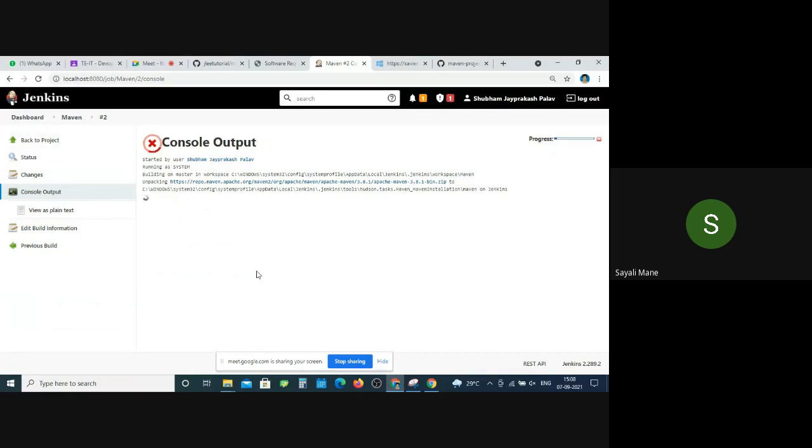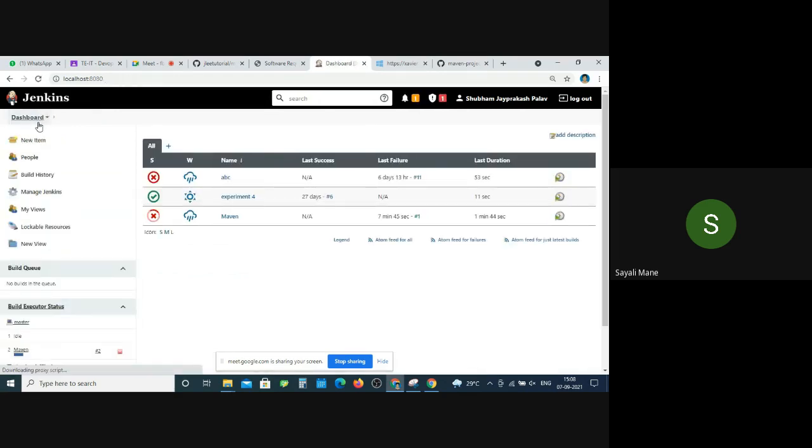Now just wait. Meanwhile, do one thing. Go to the dashboard. Manage Jenkins. Global tool configuration.